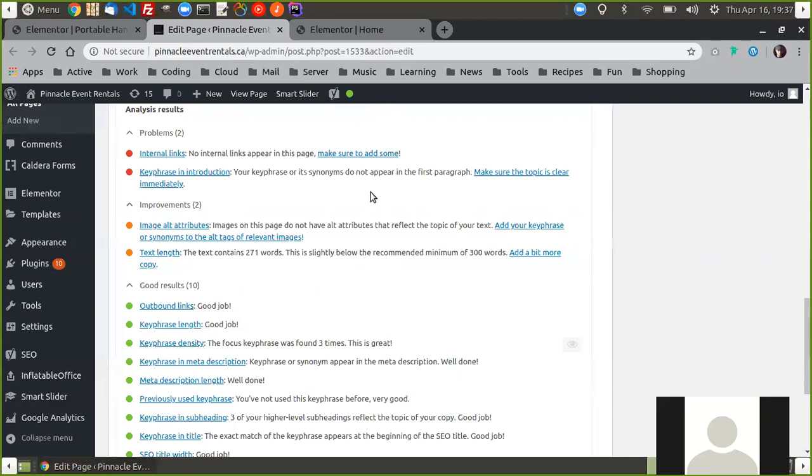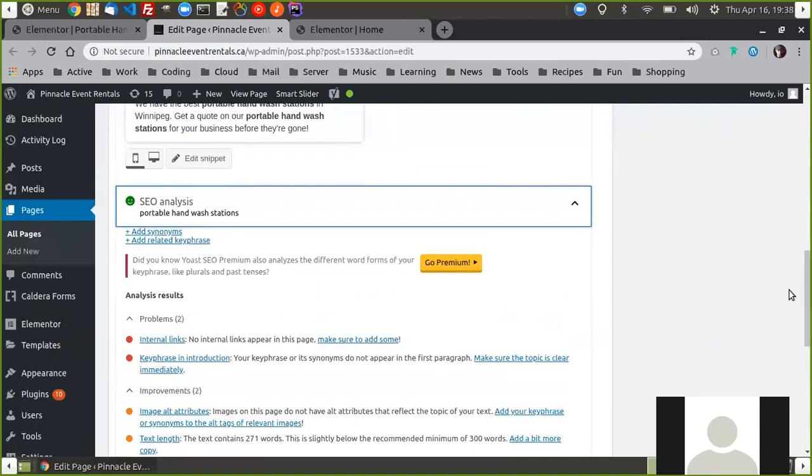But from there, just going down this list, you're going to get a very, very good sense of what you need to do. In this one, I could have taken more time to make sure the alt tags of all of my images were better aligned with the point of this page. And that could simply be done, if you need to, yourself, by going to Media, Library,